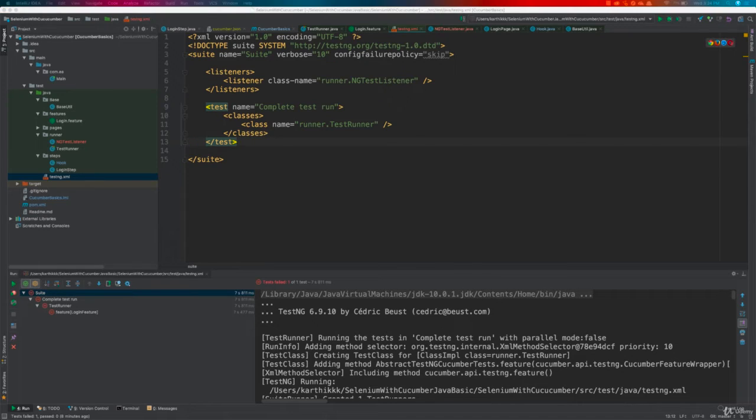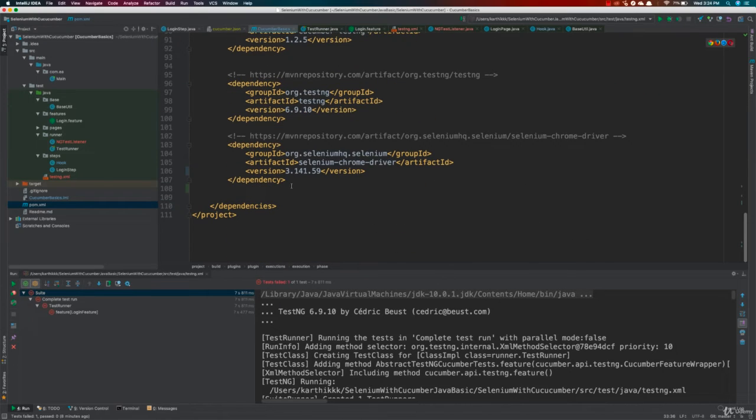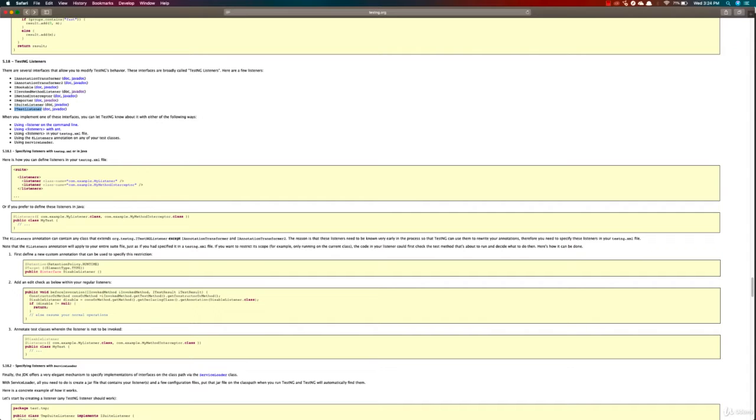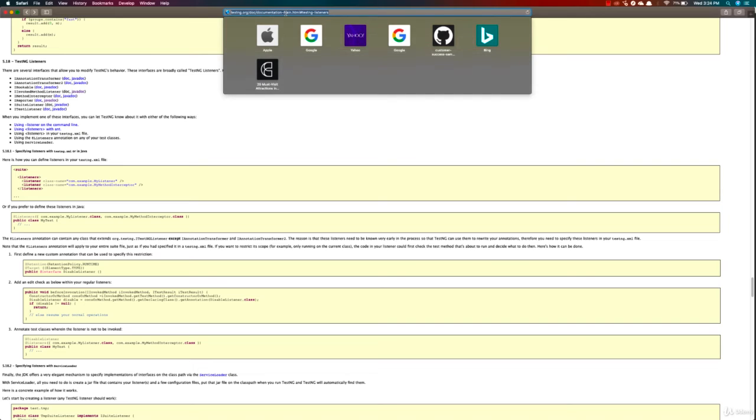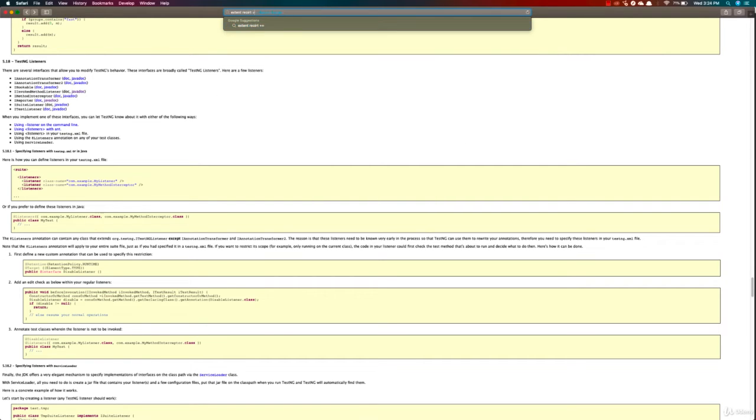And as that said, the extent report is once again going to be a pom.xml file that we need to add a dependency, because that's going to be something coming from what is called as Maven. And as I said in the introduction video of this upgrade, we are going to be using the latest and the greatest version of extent reporting. So I'll be just looking for extent report